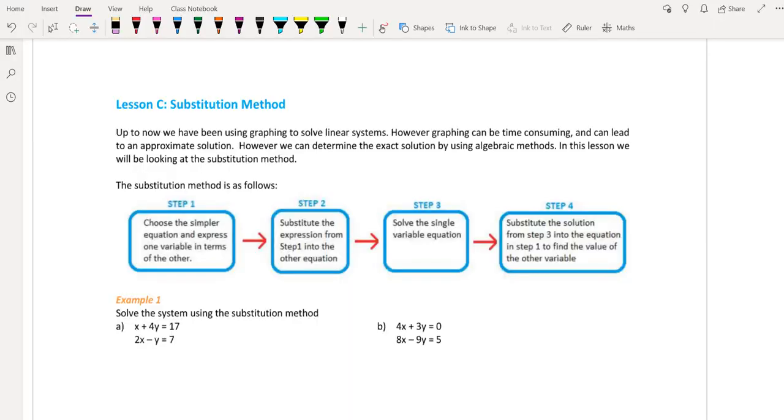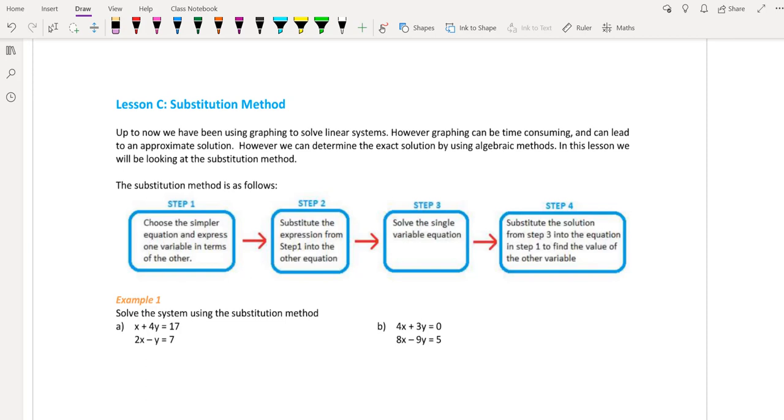In today's lesson, we'll be looking at an algebraic way of solving a system of equations. We've been working with graphing ways, which are pretty straightforward and make sense. We graph it where the cross is the solution. Now, the issue with graphing is sometimes it can take a little bit longer, but the main issue is there's